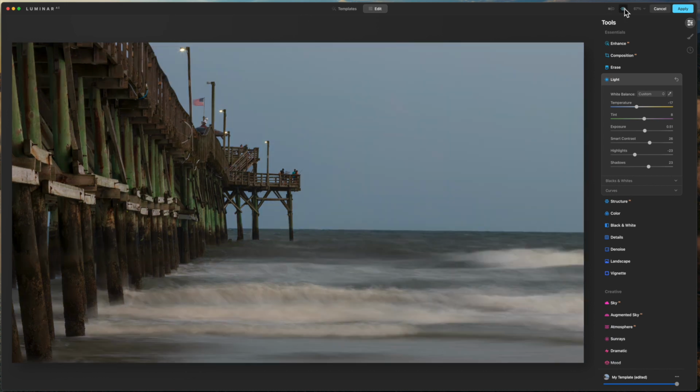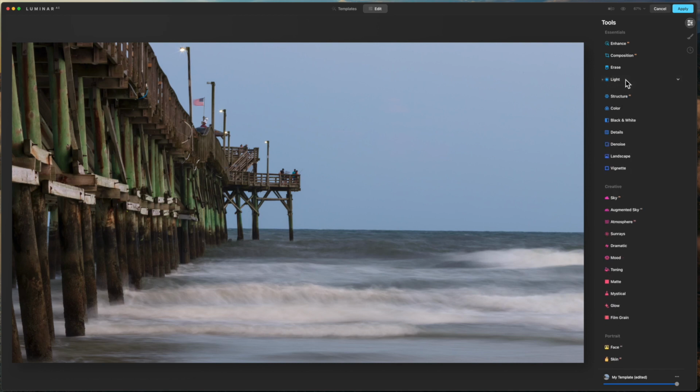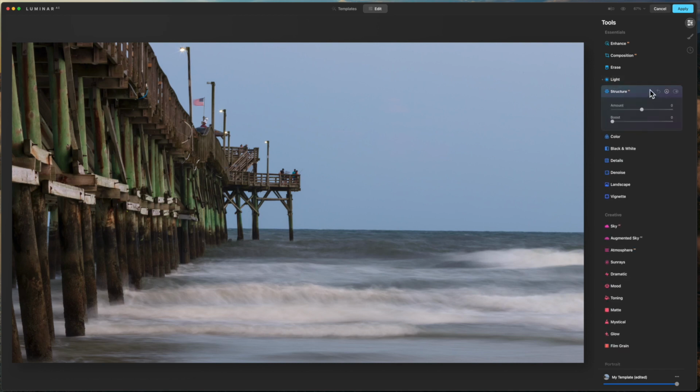Again, we'll do the before and after. And I think light is good. Now the structure, AI again, if you look at the detail over in here,